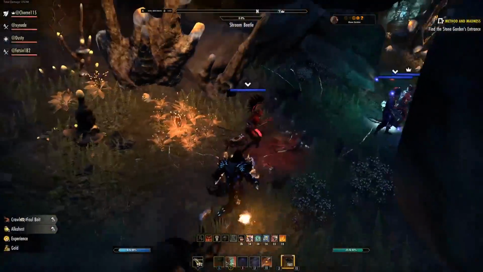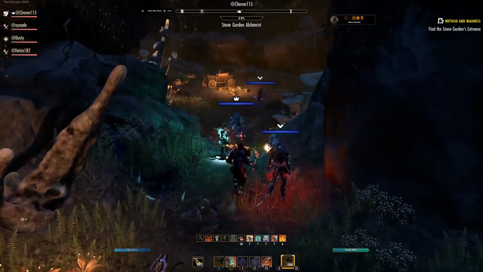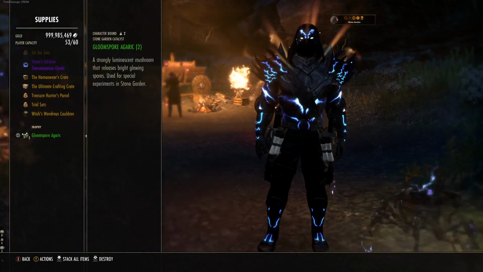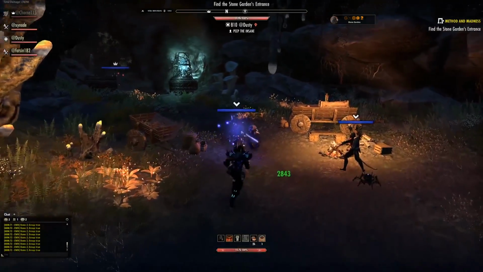So I picked up these mushrooms. This is something we normally do in dungeons where you have like a harvest node. But if you open up your inventory after picking one of those up and mouse over it, it tells you that it's used for experiments within Stoneguard. This is something we tried to start in